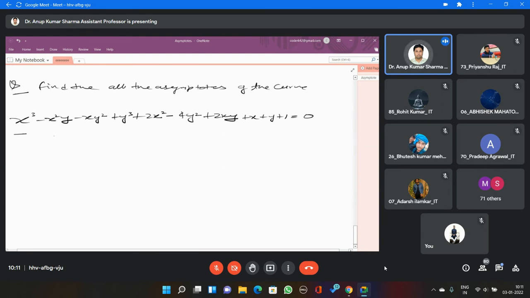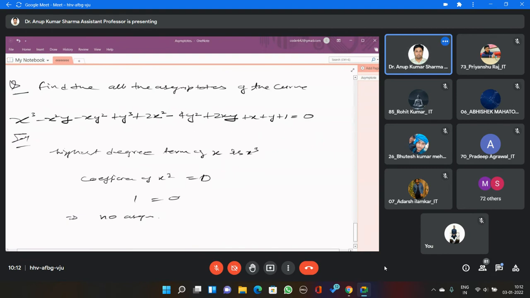Okay, so when you equate it to 0, in this solution, the highest degree term of x is x cube. Coefficient of x cube is equal to 0 means 1 is equal to 0. This implies that no asymptotes parallel to